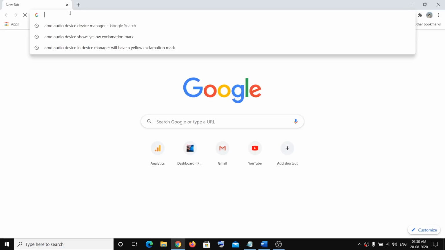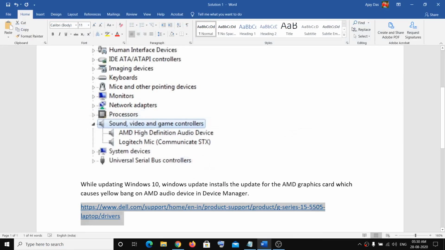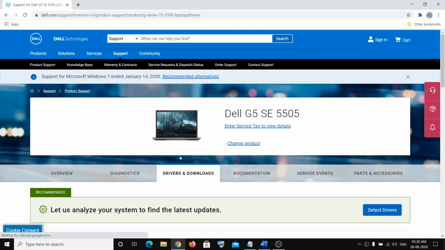Now before I go ahead and tell you the fix, let me inform you what is happening. So when you update the Windows 10, along with the Windows 10 update, it also installs the update for AMD graphic card. And because of this AMD graphic card update, you see a yellow bang on AMD audio device in device manager. And to fix this problem, you have to go ahead and install the AMD graphic card from the